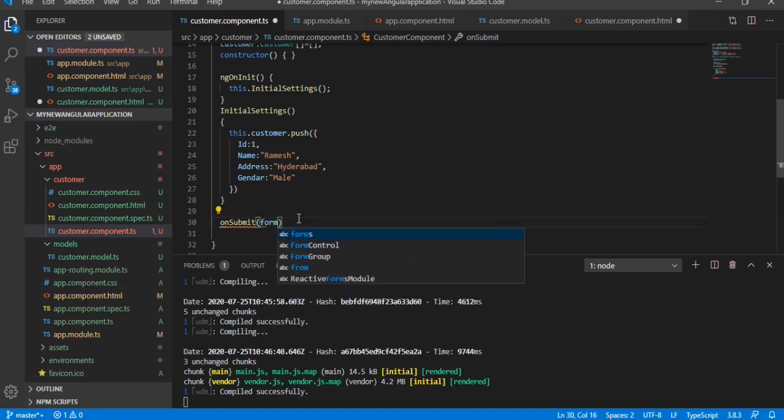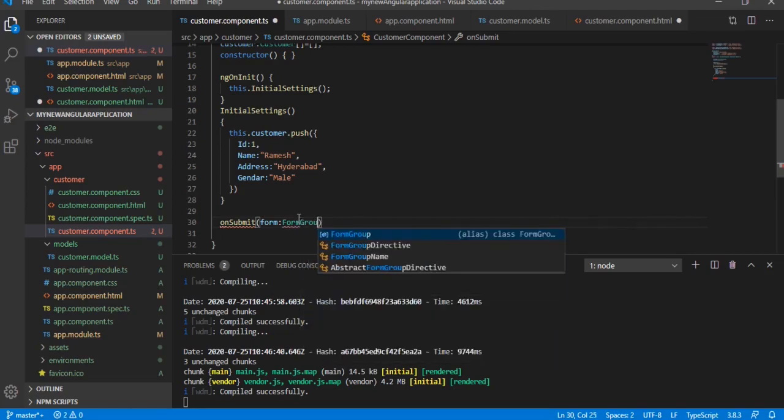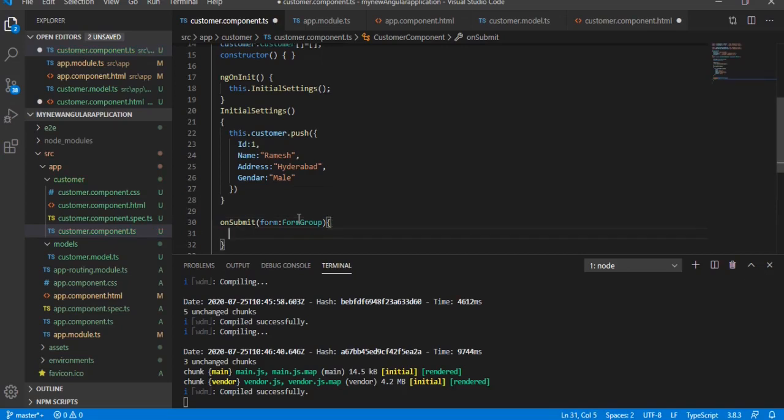I'm taking a form variable which is of type FormGroup, and I'm going to post the controls data. I'm going to take a constant variable, that is formData, equal to this dot,